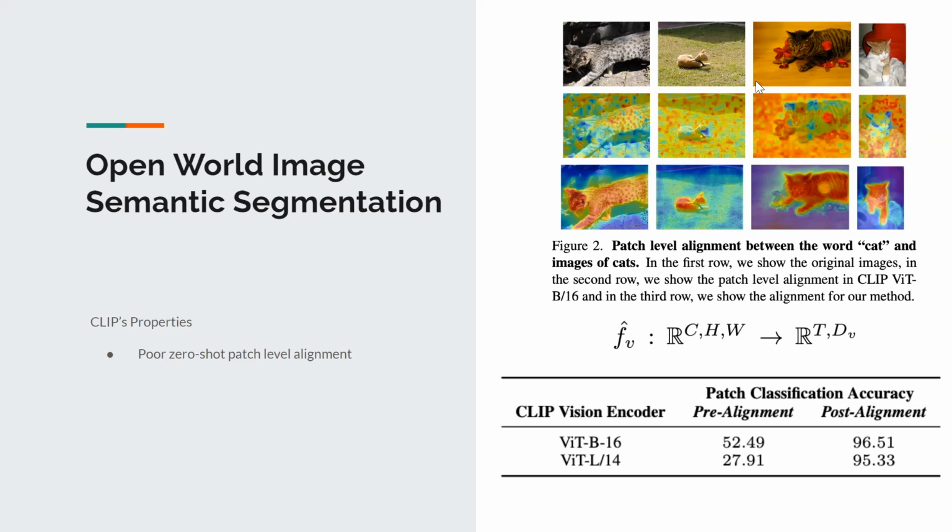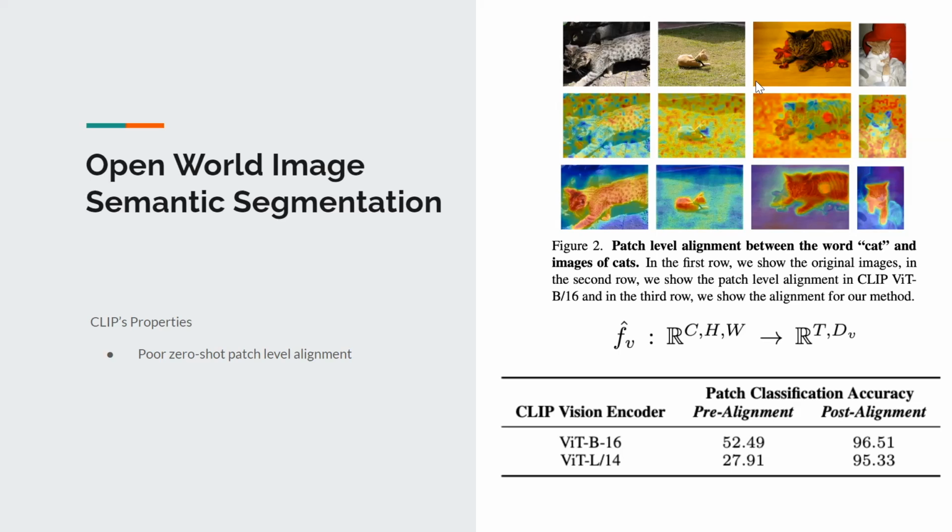Yeah, the CLIP vision encoder is using a ViT, and then you have the text encoder. And then what we are doing is we break it down, we take the patch token and try to retrieve the text. And it didn't work well. What it means is that CLIP, even though you can give it an image and it retrieves text and recognizes there's a cat in it very well, could not do it at the pixel level, at the patch level. That's the problem.